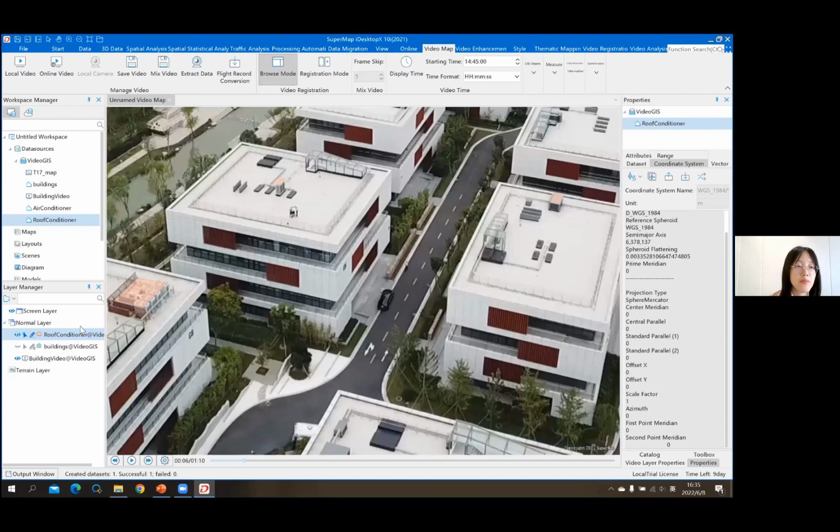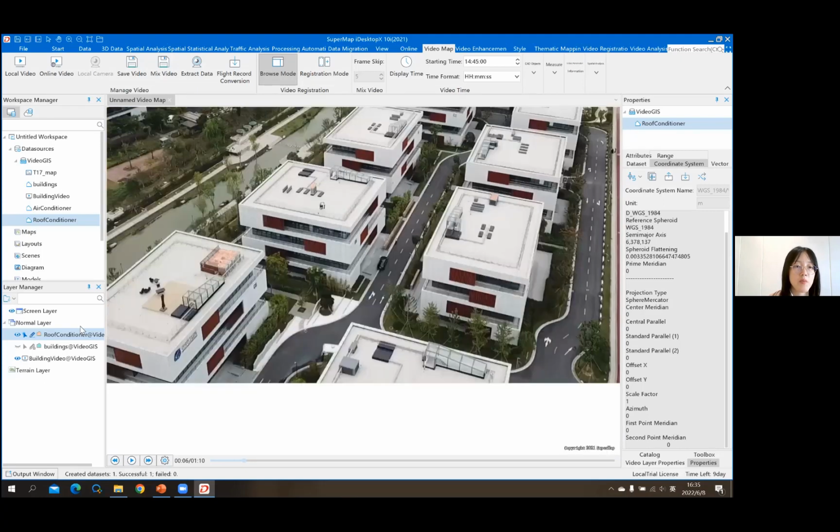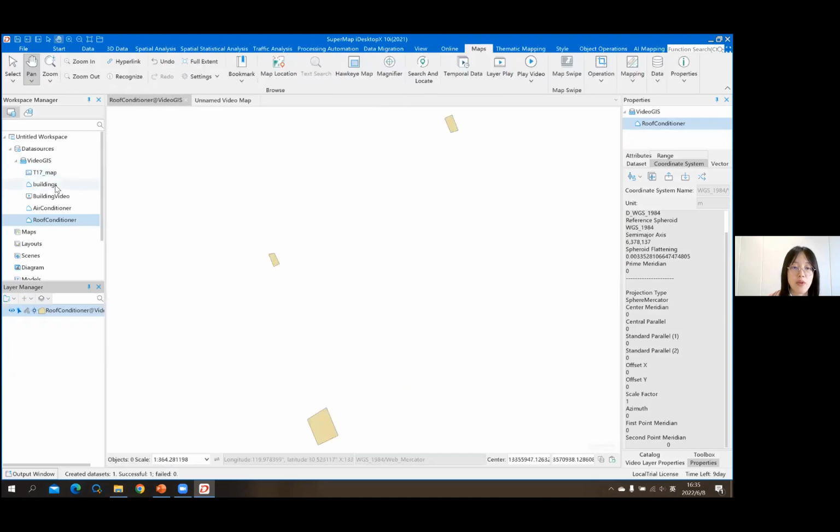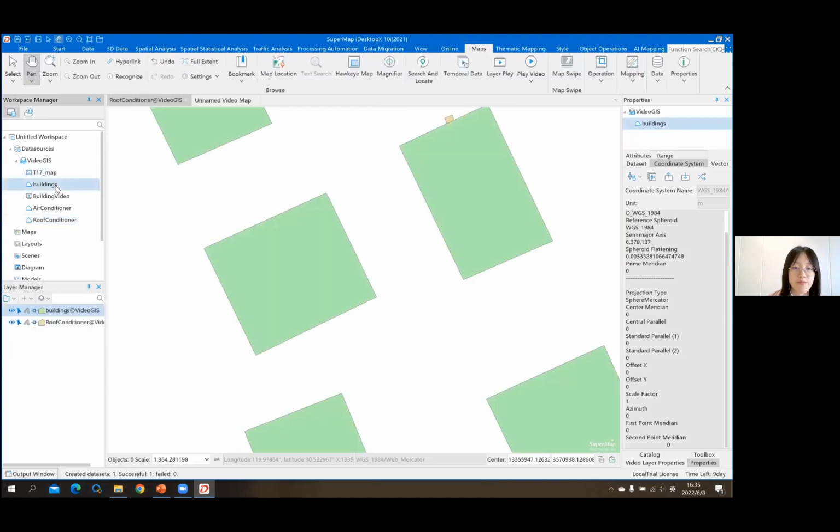And here, go to our data set and find roof conditioner. Double click on it. Now we can open it, and then we can add building features to the same map window and simply change the order. And now we can see that here we can zoom out a little, and we can see